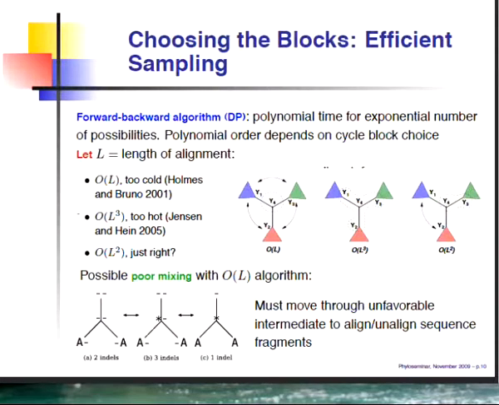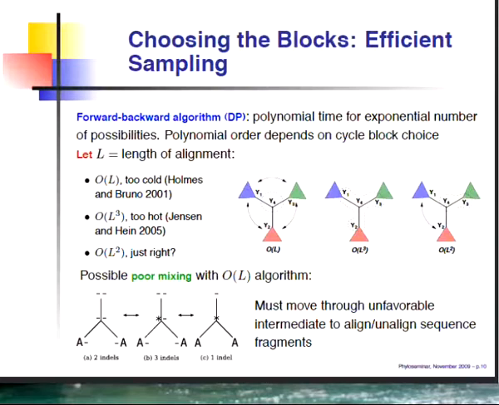So if one has a very large tree, how do you decide how much of the information in terms of the homology statements you want to update at one point? And this really comes down to deciding how many of the internal nodes you want to resample in terms of their existence of sequence characters or not. Well, the way that one does that sampling is by using a forward-backward algorithm. It's generally known as dynamic programming in the computational biology literature.